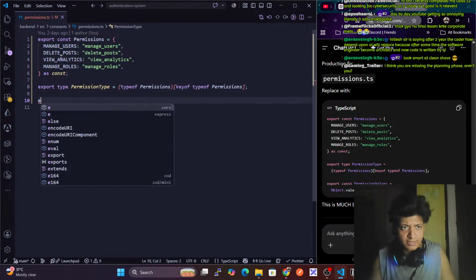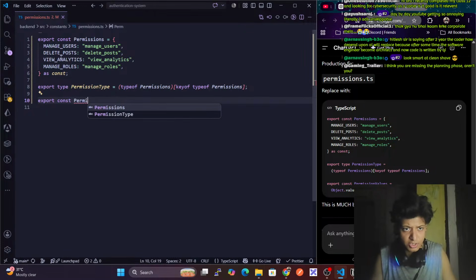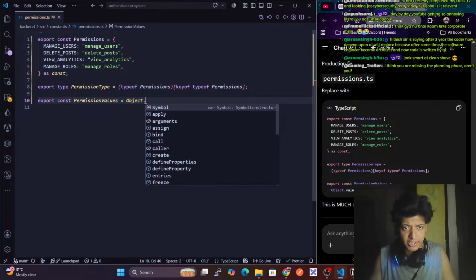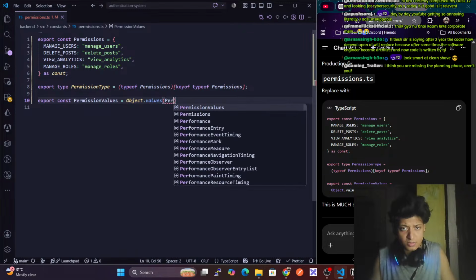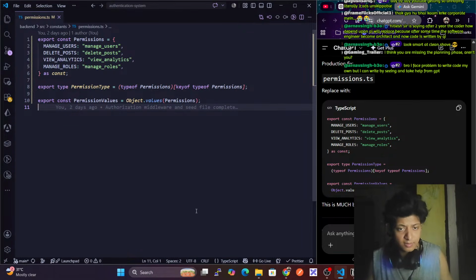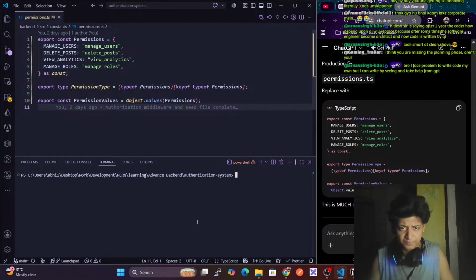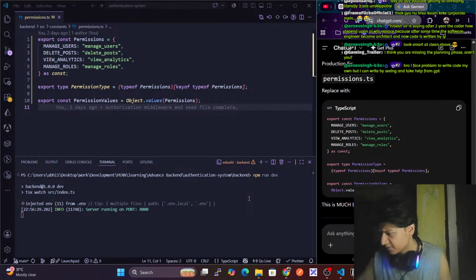Then export const permission values equals object dot values permissions. So this we are doing. Let's do one thing: cd backend, npm run dev. So now if I start the server,